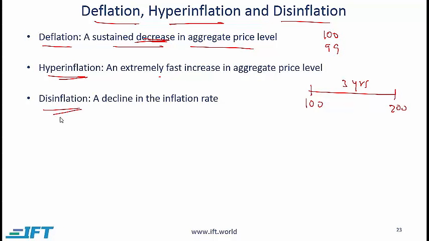And finally, disinflation means a decline in the inflation rate. So if in a particular year you have a 15% inflation rate, in the next year you have a 12% inflation rate, and then 10% inflation, the price levels are going up but at a decreasing rate. Another way of putting it is that the actual inflation number is positive but less positive. This would be an example of